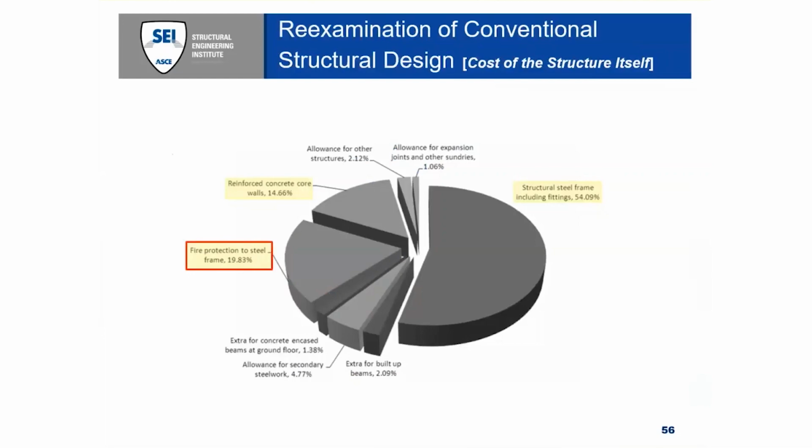First, let's start by examining conventional structural engineering that we're all familiar with. Structural engineers traditionally optimize their designs for steel tonnage and erection costs, above all. This is certainly prudent, considering that steel tonnage accounts for approximately 55% of the total cost of a steel structure. However, structural engineers may not always be aware that applied fireproofing actually accounts for approximately 20% of the total cost of a steel structure, which can actually exceed the cost of the structural core of the building, which would account for about 15%. And again, this may vary.